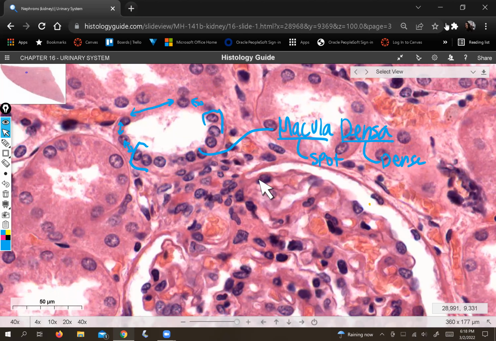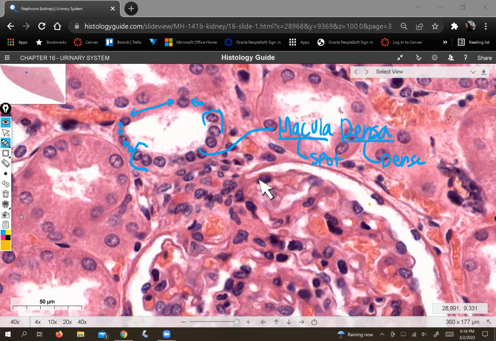If we know that there's filtrate flowing through this thingy, and we know that it's end of DCT-ish by location, then what we will note is that we should see fairly low sodium, but still some passing through this, because urine is always going to be containing at least some amount of sodium. So sodium flow